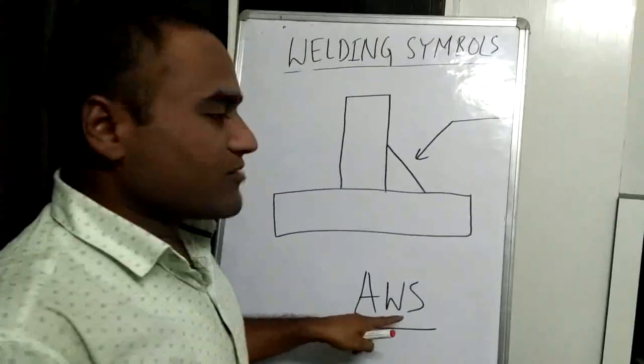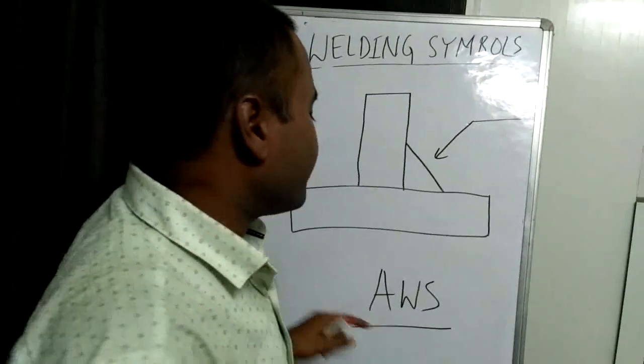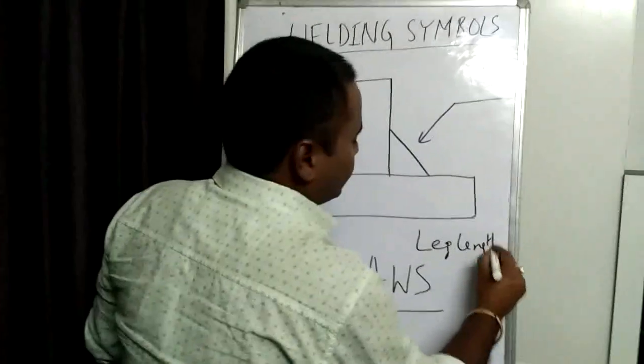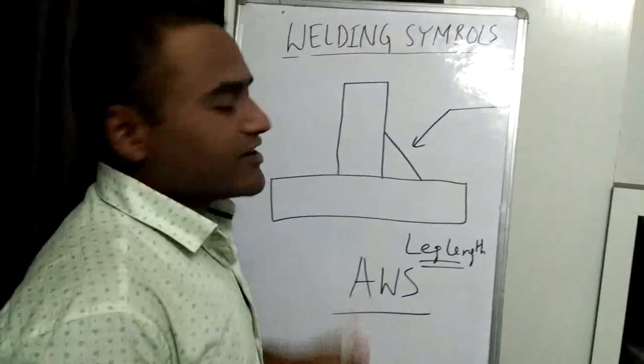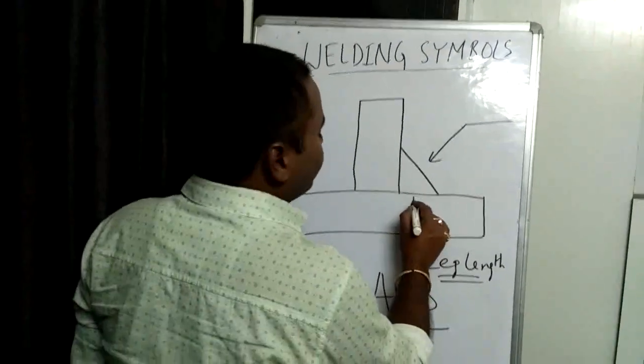In AWS system, for a fillet joint, only leg length is given. Please remember, only leg length. Only leg length is provided. So suppose if our welding is here and leg length is 1/4 inches,